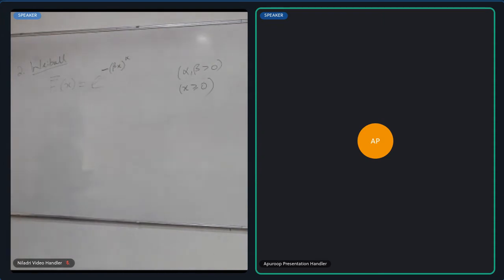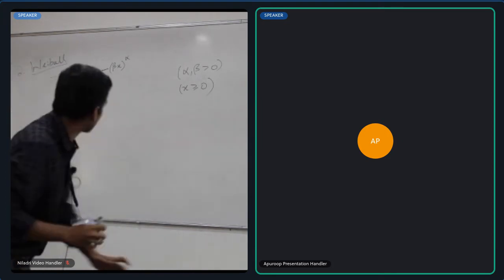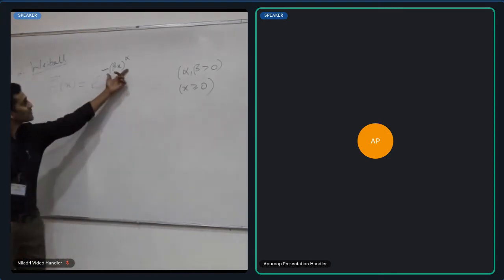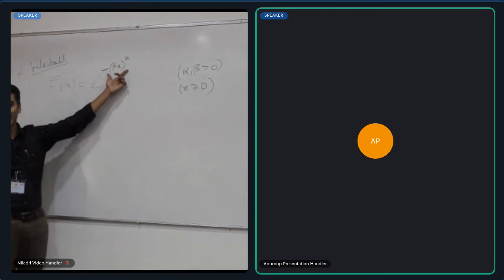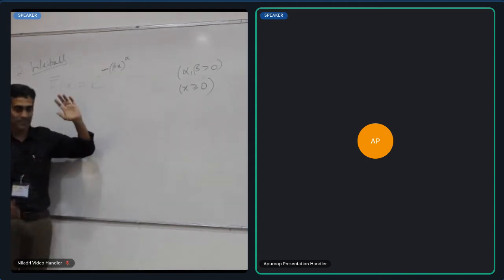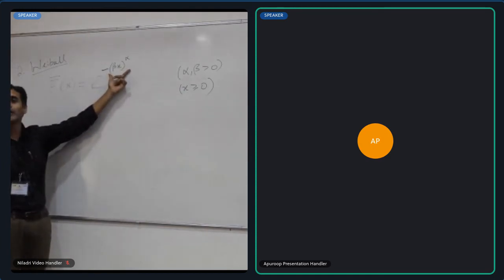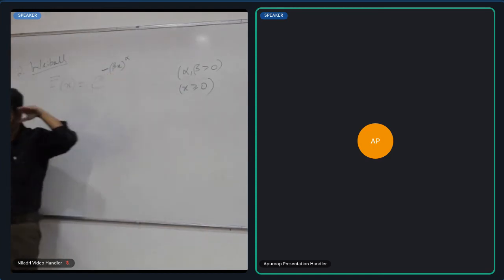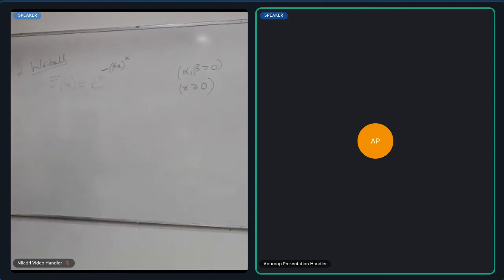Now, is the Weibull heavy tail? If alpha is less than 1, indeed. If you look at the exponent here, alpha equal to 1, what is inside e raised to minus is of course growing linearly. That's just exponential. If it grows slower than linearly, that's going to cause the tail to decay slower, and therefore the tail would be heavier. Again, it's very easy to go back and check with the definition that that's the case.